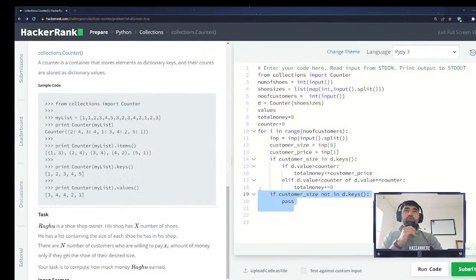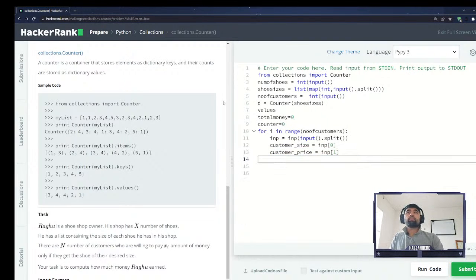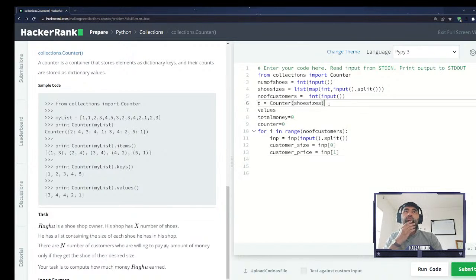If customer size is not in keys, right? Okay, I'm just gonna do it from the start. Customer price. This logic doesn't look correct to me. Customer size 0, we got the input as split, but counter dot choose dot